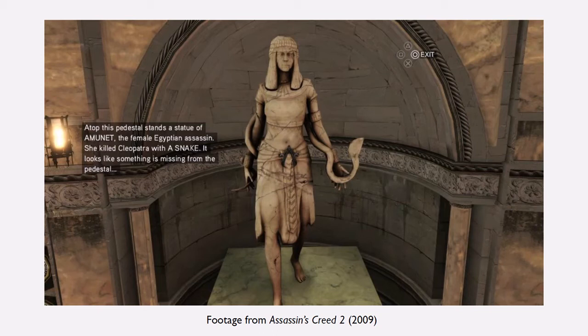Presumably Ubisoft chose Cleopatra along with the other occupants of the secret chambers located in the game world, the assassins of Alexander the Great, Xerxes I, Caligula, Qin Shi Huang and Genghis Khan, because of their high profiles and their international name recognition. But this is a significant departure from the historical record.